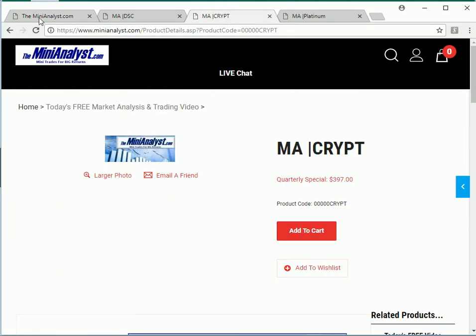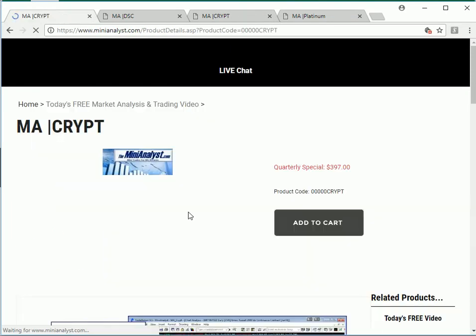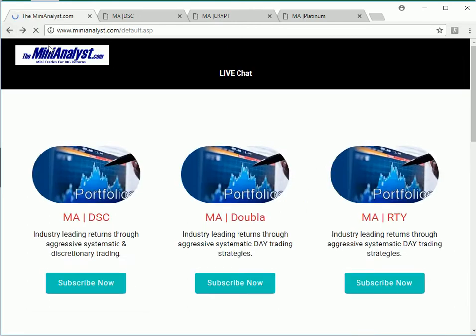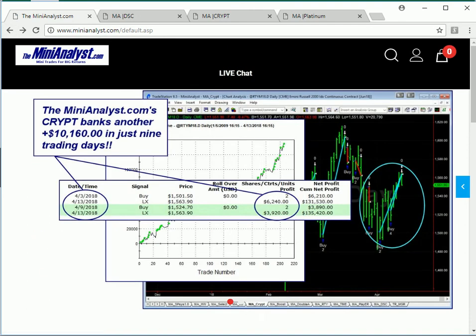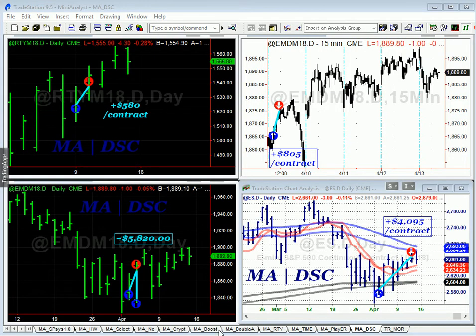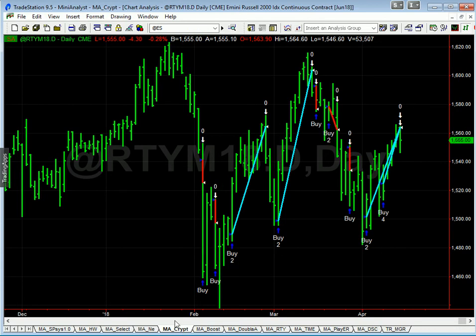Now let's go ahead and look at the Crypt. So we can go to the home page and click on the Crypt banks. Did we even talk about the Crypt? We haven't even talked about the Crypt. So another market update we wanted to discuss was the Crypt just banked some impressive exposure. So we exited, or the Crypt exited this morning for gains of, can't believe we didn't talk about the Crypt,